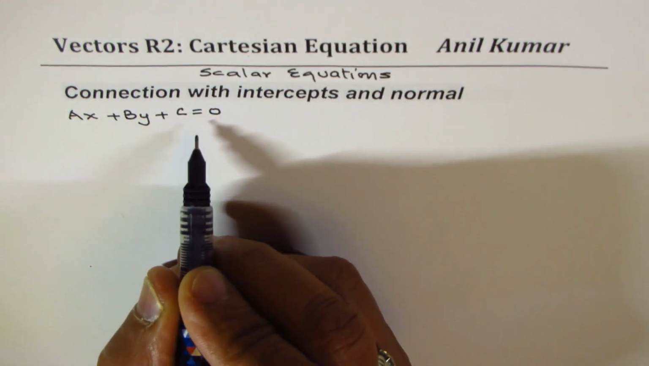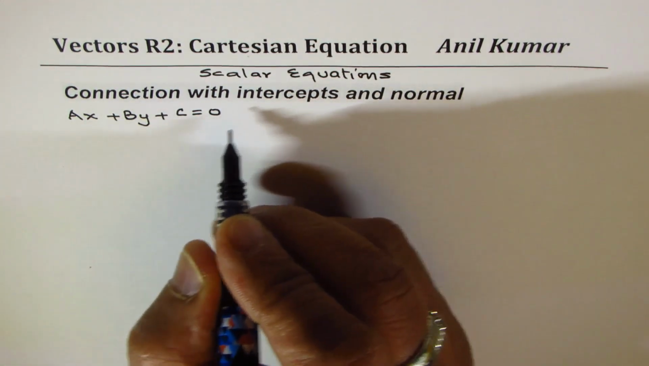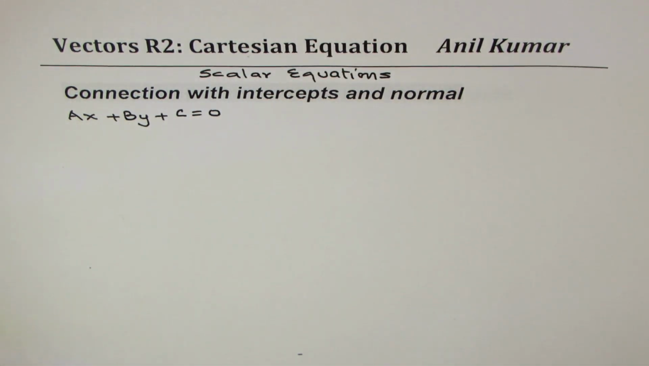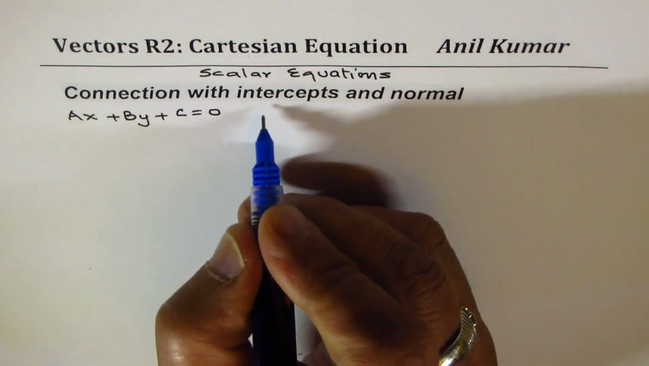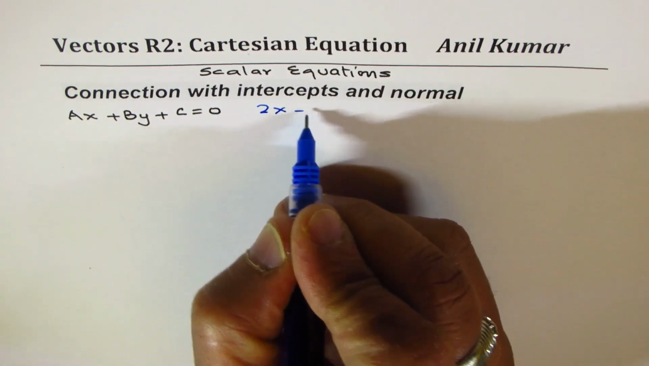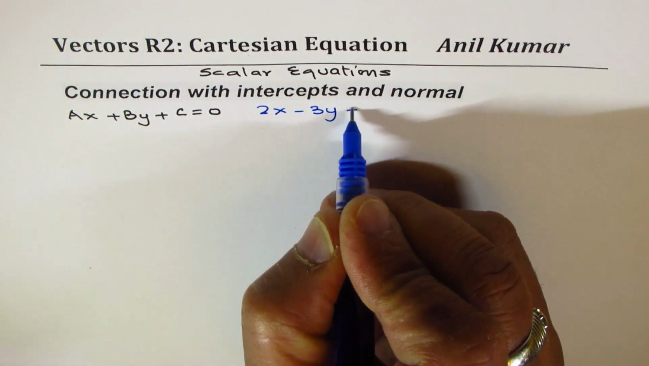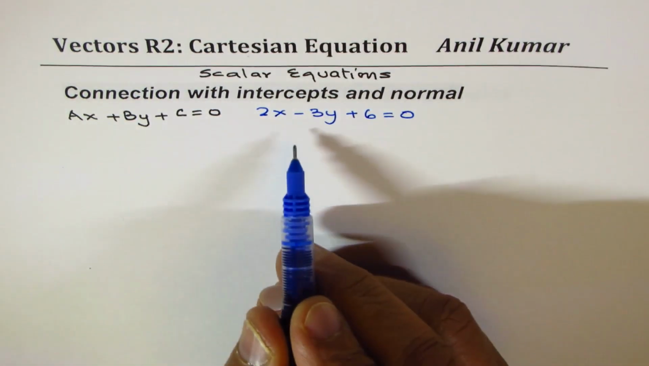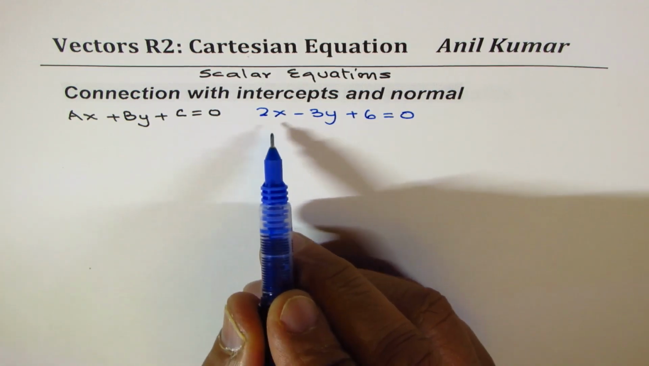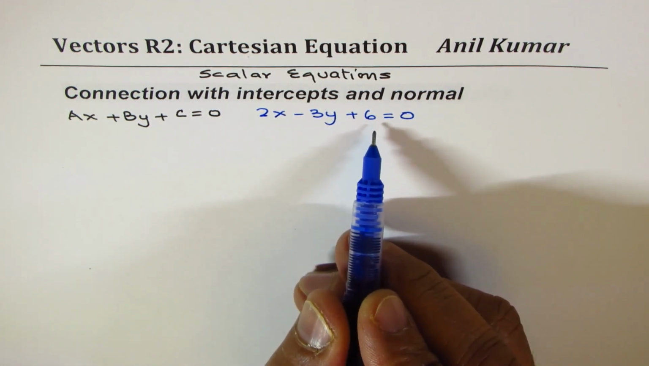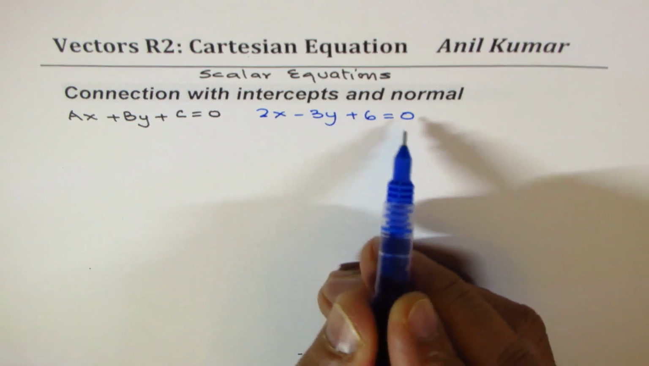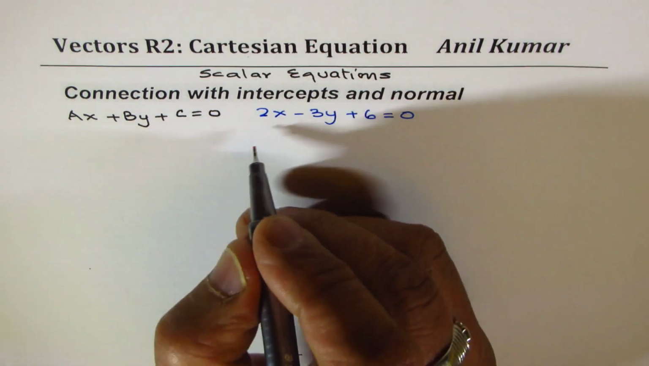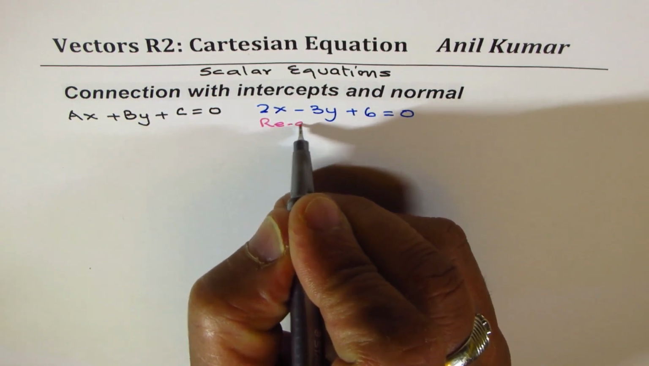Now let me take up an example to begin with. So let's take up some values. For example, I could write an equation as, let's say, 2x minus 3y plus 6 equals to 0. You have learned this equation as standard form earlier. We'll call this in vectors as Cartesian equation. If I rearrange this equation, in the first step, what I'm going to do here is rearrange it